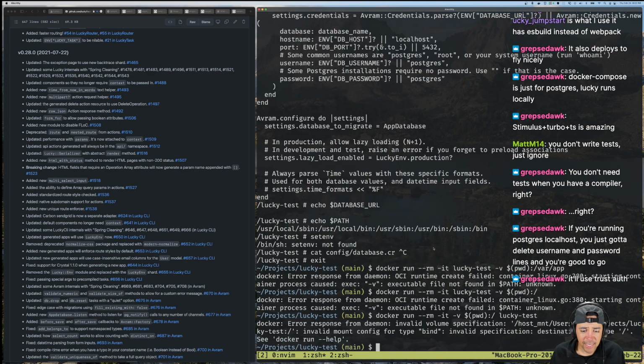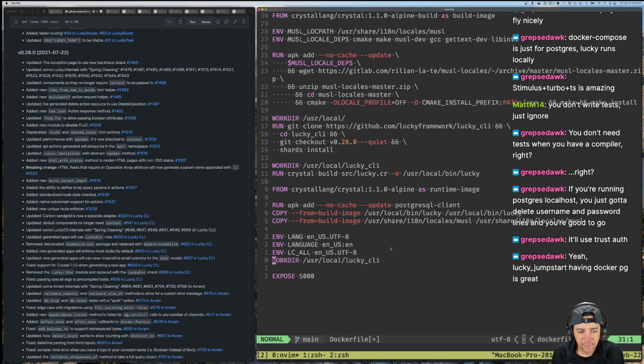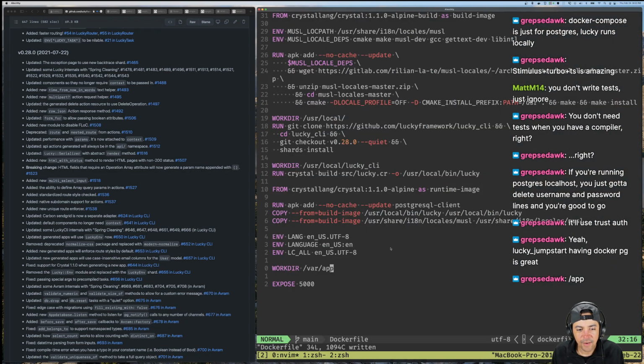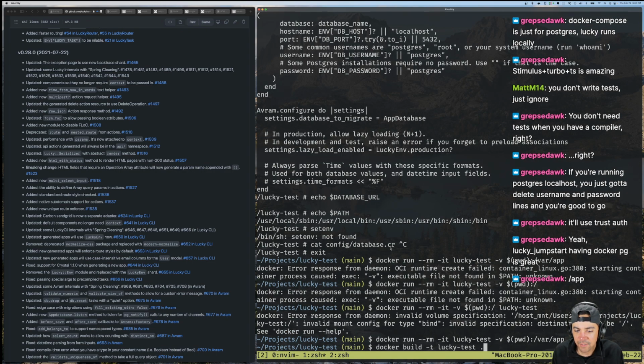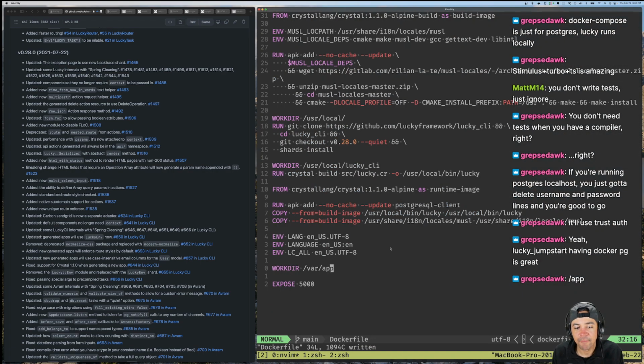Lucky test. Okay, I've got to set a working directory in here. I've got to change this. I can't just not have this. Before I do it, I have to set workdir, and we'll just set it to, there's not even a user. Like, I just set it to, I don't know. I'll just set it to var app, I guess, right? Var is always a thing, I think, right? Okay, or var, however you say it. Let me see. So I'm docker build, lucky test. Yeah, lucky /app. I'll do /app.